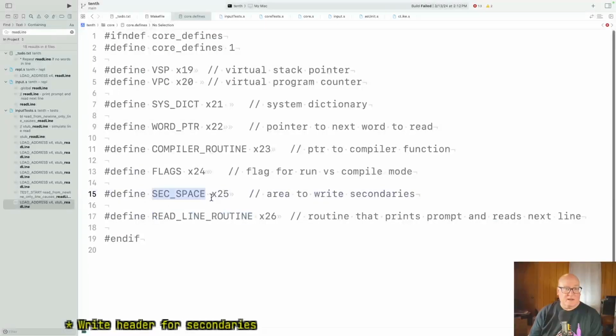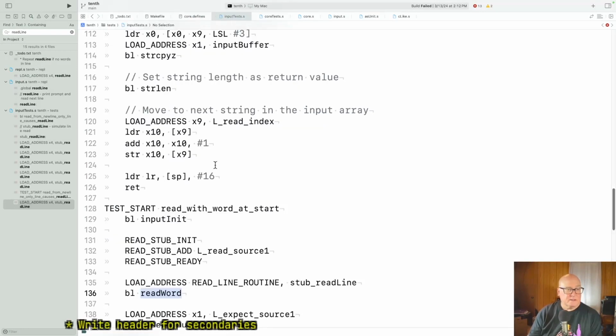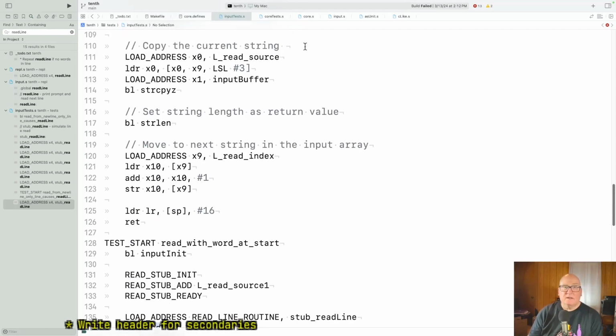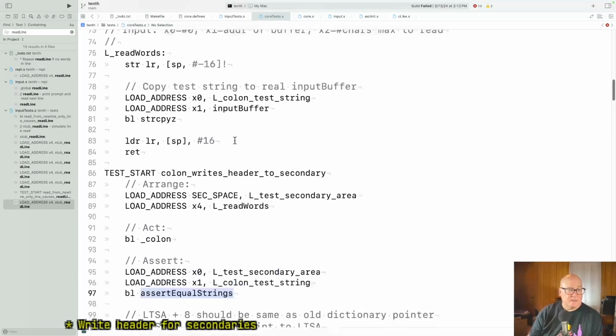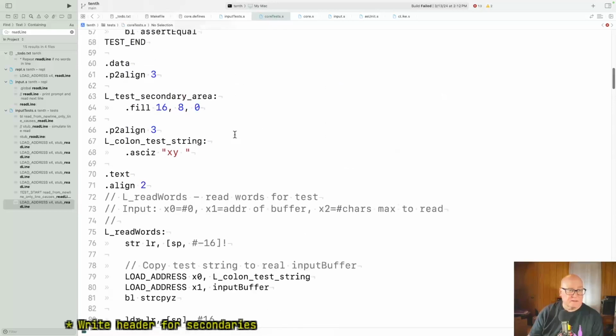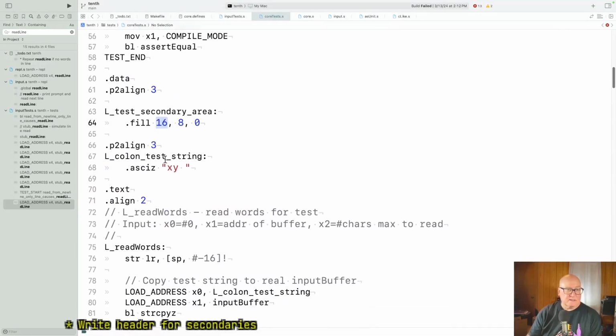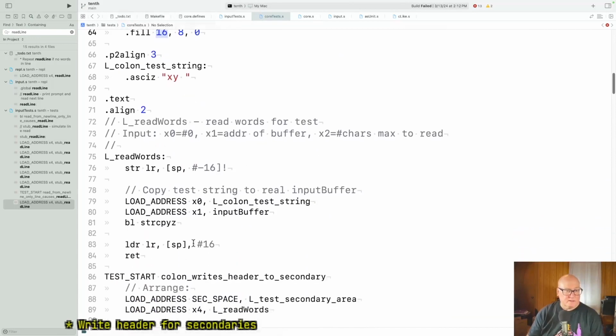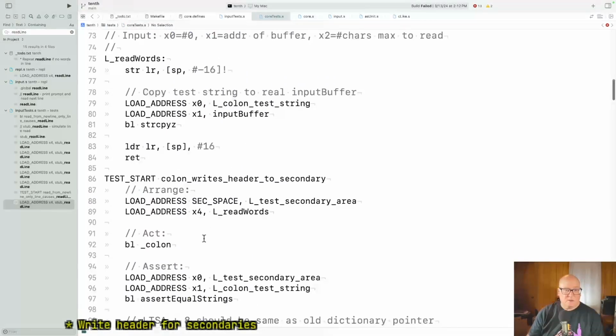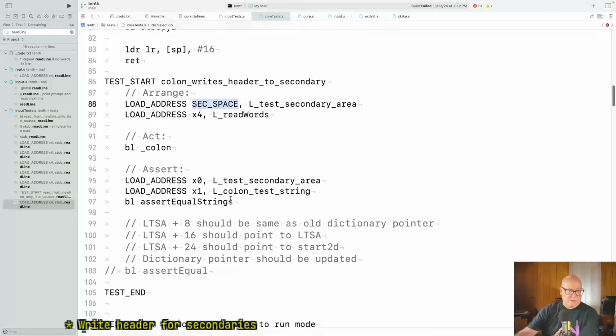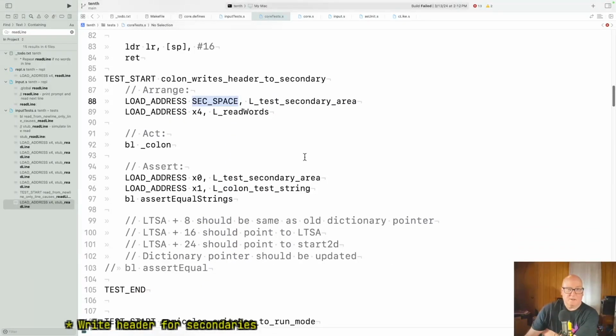Okay, x25. Secondary space is where to write secondaries. Okay, well, does our test own that space? I guess it does. That's this, L-test secondary area. Okay, so load address secondary space. Okay, so that is there, ready to go. All right, so we should be able to